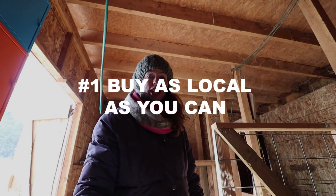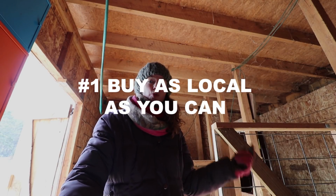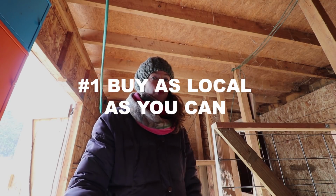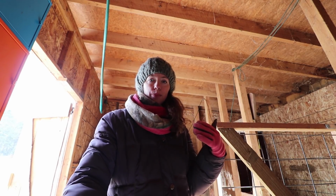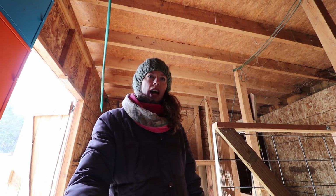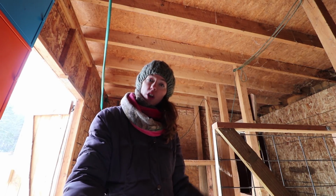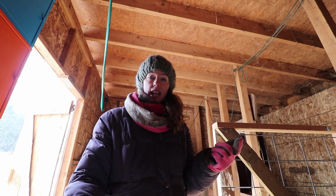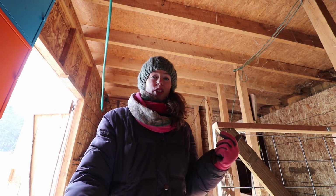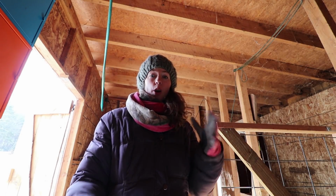One lesson we've learned is how important it is to try to buy as local as you can with your chicks, so they're not going through the stress of being shipped across country. It's easier on the chicks. We've got a hatchery we work through. They don't hatch the birds, but they do drive to a farm in PA, pick up our order, and then drive it back. That means the birds aren't going through the stress of being shipped on a cold plane or